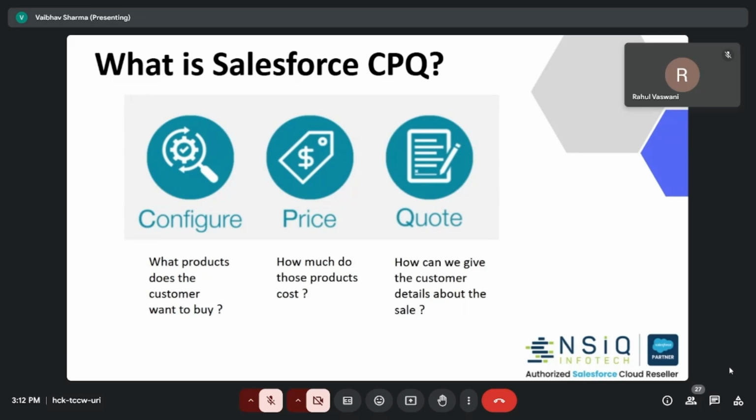Renu sir, any doubt in this? No, actually, the doubt has been cleared. Okay, thank you. So moving forward,